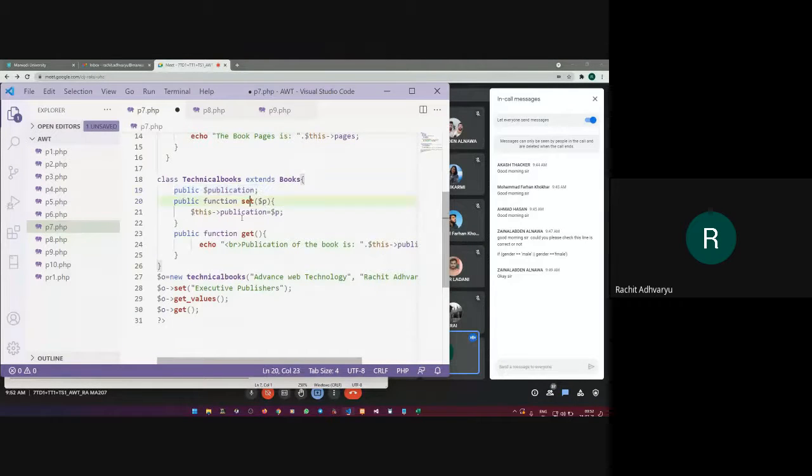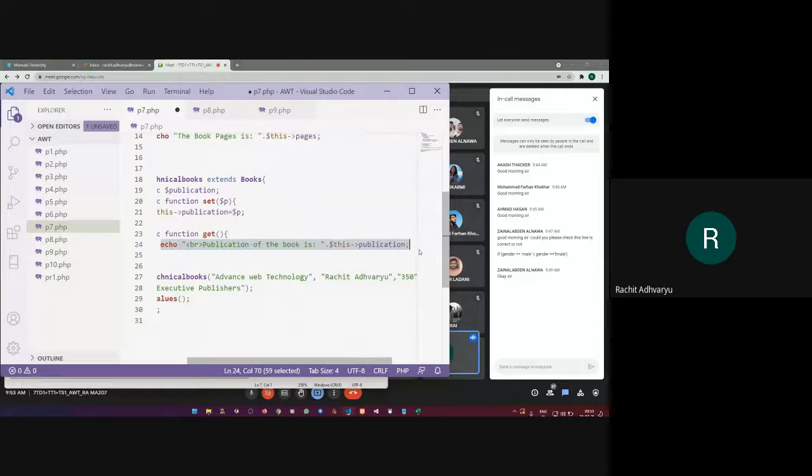Now I'm using two different functions, set and get, for taking the value for this publication and printing it. So the set function is going to assign some value to this public property called publication. So I've used $this arrow publication equals $P, and then I'll use this get function to just print whatever value has been set for this publication. So similar to what we have been doing since the last two lectures, right?